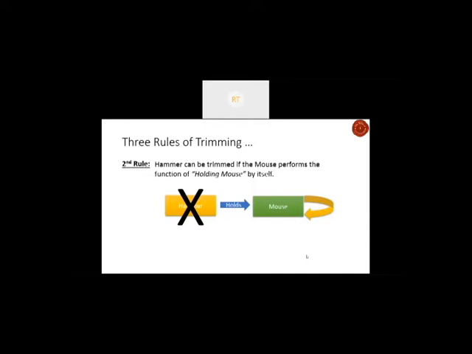Or there could be, like we were mentioning, the plate. So the plate could also have some adhesive on it, onto which the mouse can just get trapped by itself. Then the mouse is not held by a second object. Now you are needing a second object, then you have gone to the third rule of trimming.